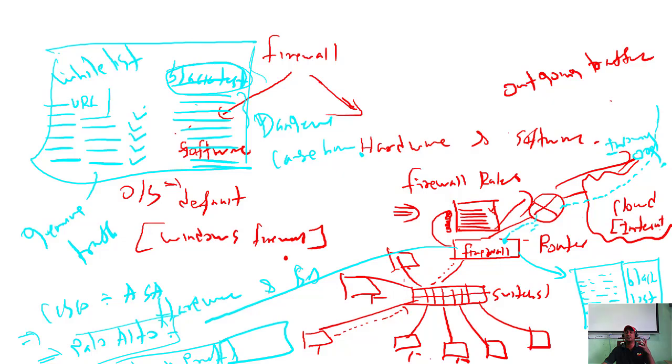So most of the companies and industries use these kind of highly sophisticated hardware and software firewalls because their company information is very vital. Okay. So this is about the firewall, and I will show you.